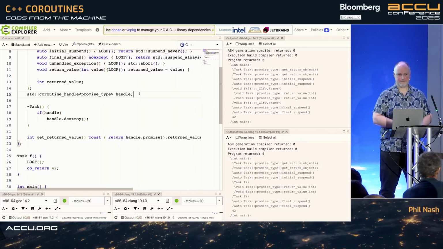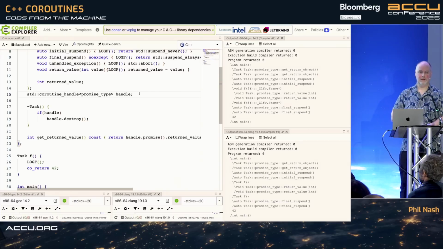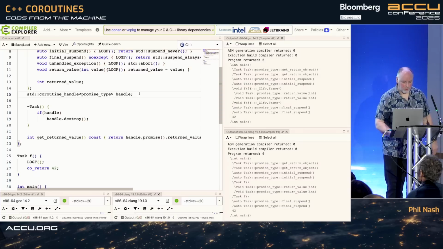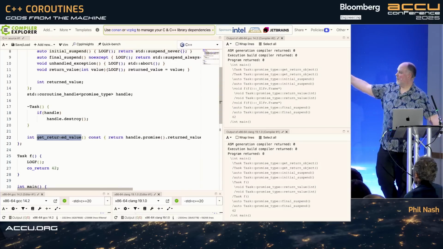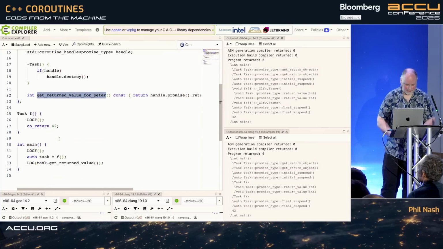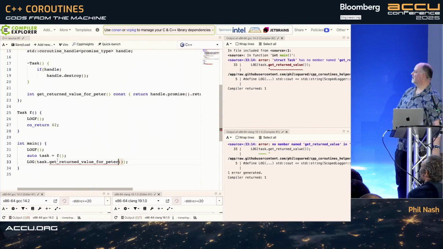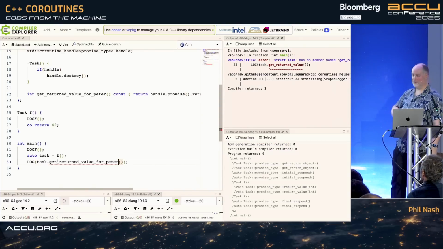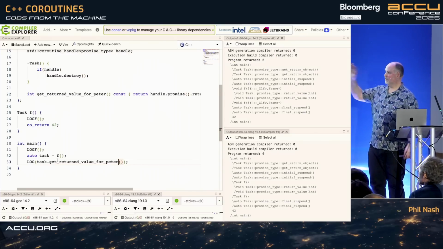So about the get return value function, is the name somehow restricted, or can I have multiple of those? No, it's a good question. So get return value here, it's entirely up to us. So we can call it get return value for Peter, if we want. Oh, thanks a lot. And just for you, it still works. So yeah, that's a great point because it illustrates something I was going to come and talk about next,